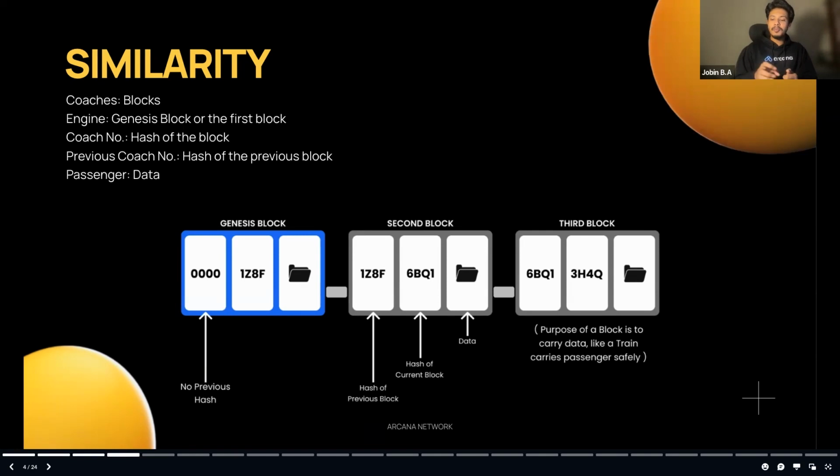So the coach number is basically the identification element for all these coaches in a train. Or else what will happen? Consider if you get a ticket without a coach number, it will completely become chaos, a complete mess. Everybody will try to randomly get into a random coach and the train will not be able to depart from the station on time. Or just consider if you are traveling in a train and you want your friend to come and meet you at the next station. How would you tell him which coach you're in without a coach number? It becomes difficult. So that is why each and every coach has one.